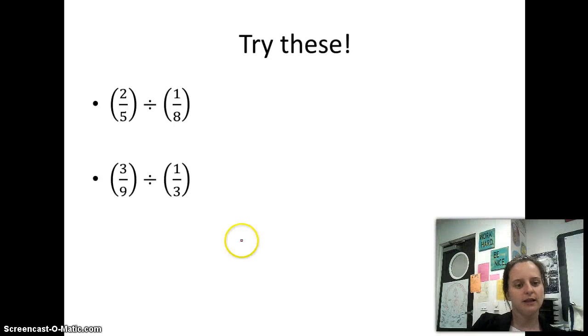All right, so let's quickly go through these. We have 2/5, which cannot be simplified. So we're going to multiply it by the reciprocal, which instead of 1/8 becomes 8/1. And that's going to give us 16/5, which we're then going to turn into a mixed number, and that becomes